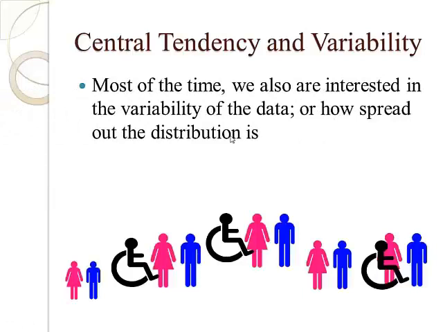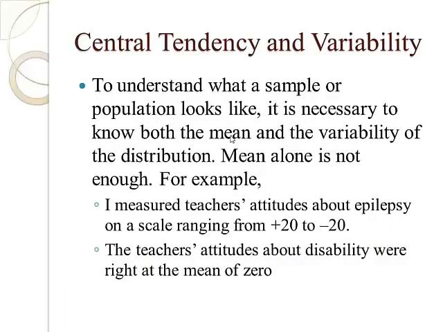But most of the time, in addition to the measures of central tendency, we are also interested in the variability of the data, or how spread out the distribution is. To understand what a sample or population really looks like, we actually need to know both the mean, so we need to know about the central tendency, but we also need to know about the variability of the distribution. Mean is not enough. For example, to show you why this is the case, I did a study a few years ago